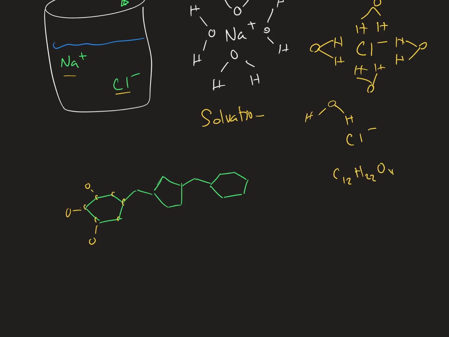C12H22O11. So I'm not counting these, I'm just drawing, okay? And right here, how many oxygen? There's 11 of them. You don't have to know that, but it's these oxygens that make this a polar molecule,